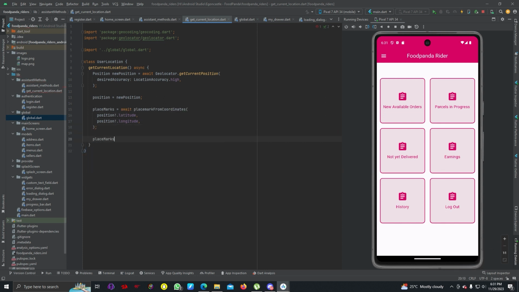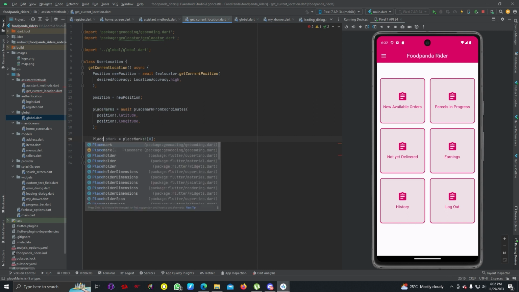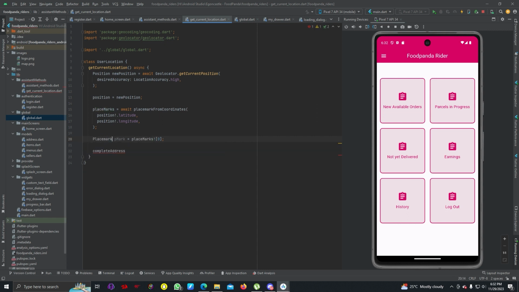Place marks p mark equals to place marks 0, complete address. You have to make it capital letters, so place mark p mark complete address equals to